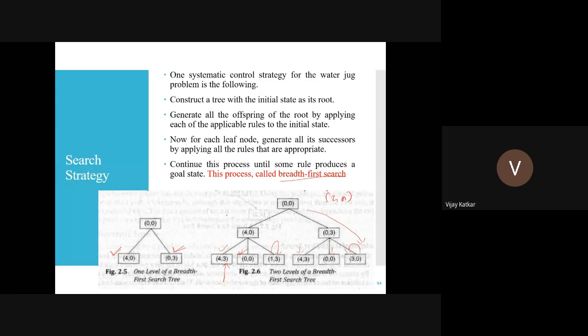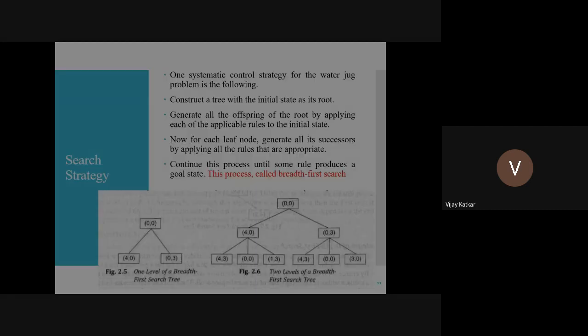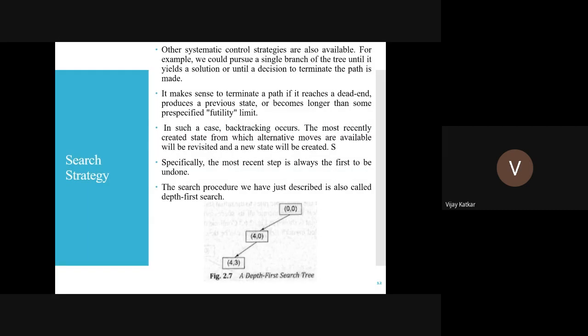Here we are trying every possibility. From node 1, which rules can we apply? Then now we have 2 nodes. On this node, which rules can I apply? On this node, which rules can I apply? So it will be a very big tree. We are exploring all possibilities at one time. So this is the breadth first search approach. There is another approach called depth first search that we will see in the next session.